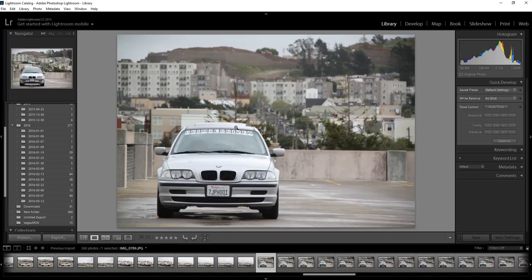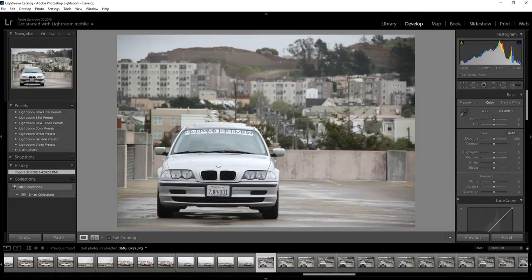I know you can't see the black roof because the sky is glaring down onto the car, making a reflection. So my goal right now is to make that black darken, so you'll be able to see the difference between the silver on the car and the black on the roof of the car. Basic tools,